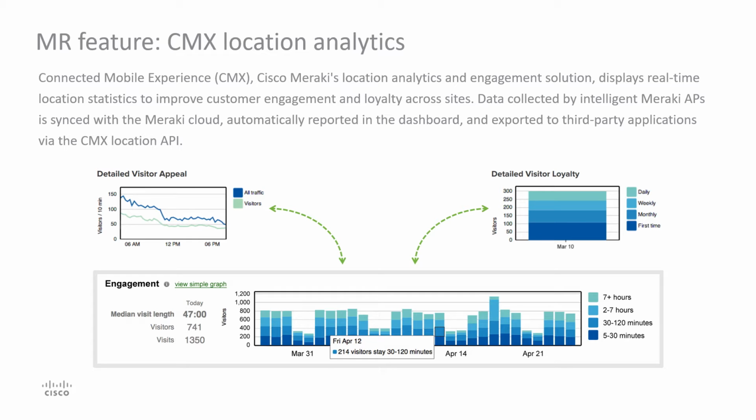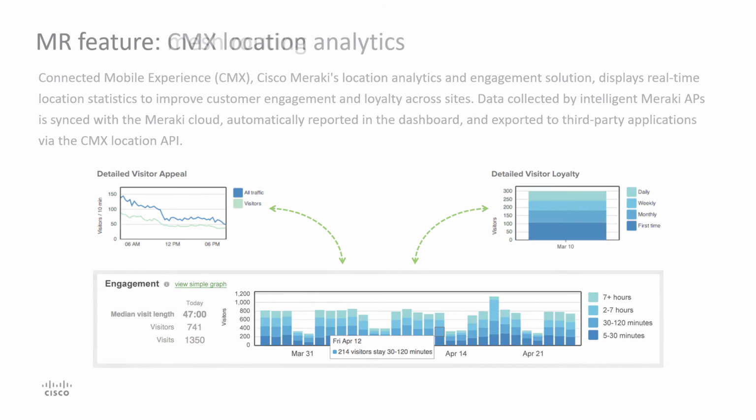Other key benefits to the CMX analytics is to understand user behavior and foot traffic for a specific time period. This information helps to make decisions about staffing, storefront design, or employee and bring-your-own-device policies. Location analytics data can be obtained per site and can be compared with one another within Dashboard. This comparison can help the business understand the successes and opportunities for improvement for each of the sites and then take well-educated action. And for flexibility, the collected CMX data can be exported to an external server for further analysis and usage.